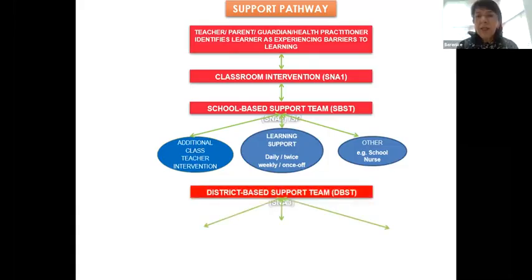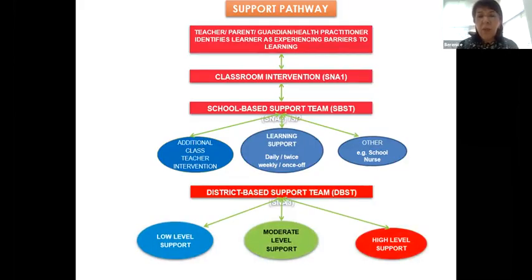Once they've done that and there's still not been an improvement, then the school can refer to the district-based support team, and that's where all our specialists are: our social workers, our psychologists, our learning support advisors. There you'll see it's the SNA 3 form.